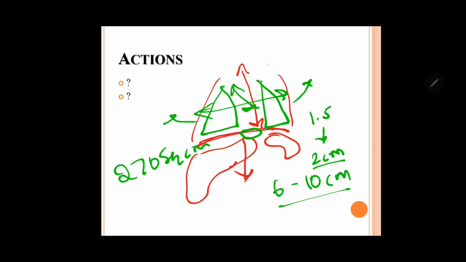It maintains the tidal volume, and when the diaphragm descends, there is an increase in the intra-abdominal pressure and a negative intrathoracic pressure, which helps in increased venous return and helps in inspiration. So it is the principal muscle of inspiration.